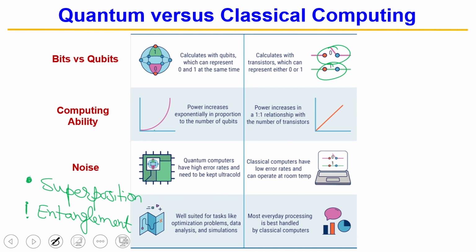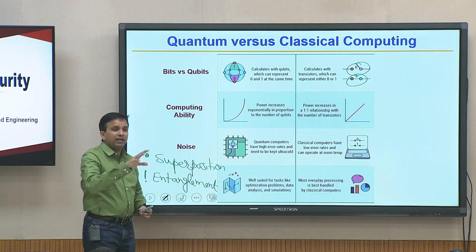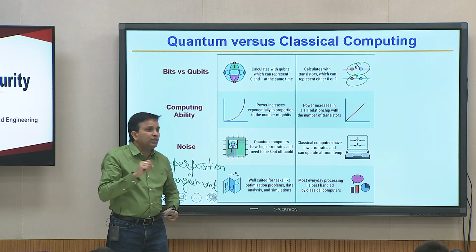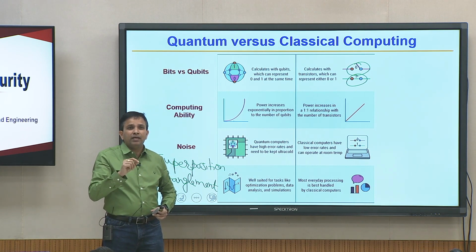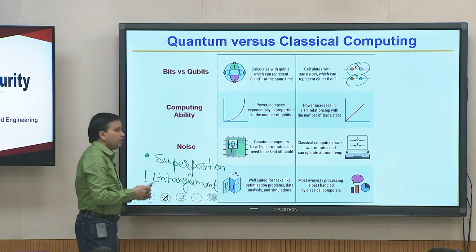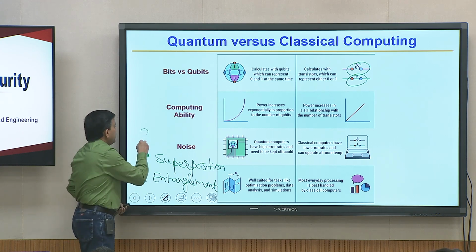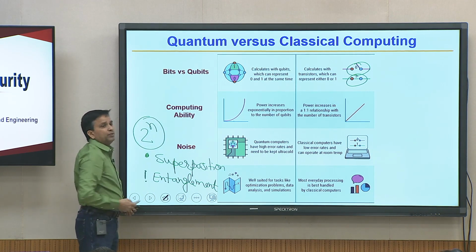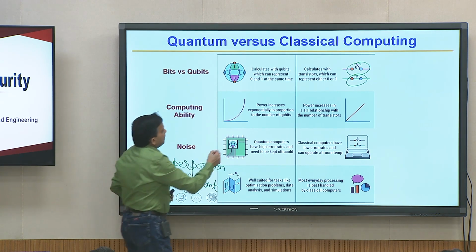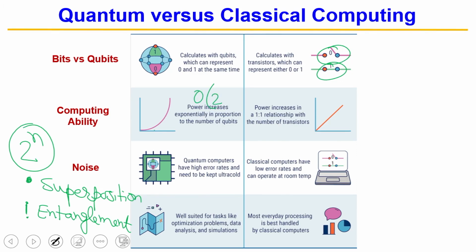Today they are not reliable, that is why you have a problem. Theoretically they make them powerful, but here is an incorrect classical analogy, because everybody is talking to everybody. So, if there are n qubits, you have factorial n ways of interacting. So, really you have 2 to the power n potential computing ability. So, in the quantum domain it is of the order of 2 to the power n computing ability, in the classical domain it is of the order of n computing ability. N transistors, n ALUs, max parallelism of the order of n. Here, n qubits, because theoretically everybody can talk to everybody.